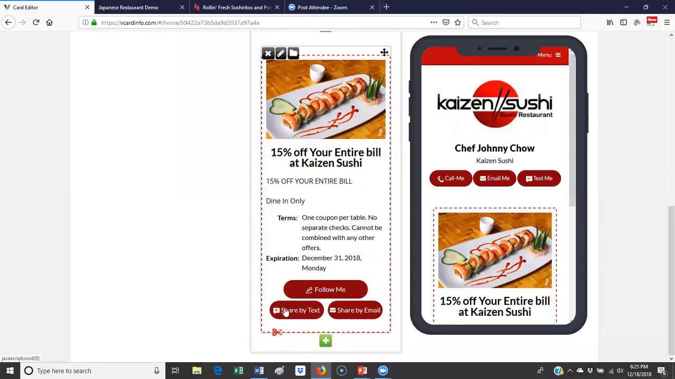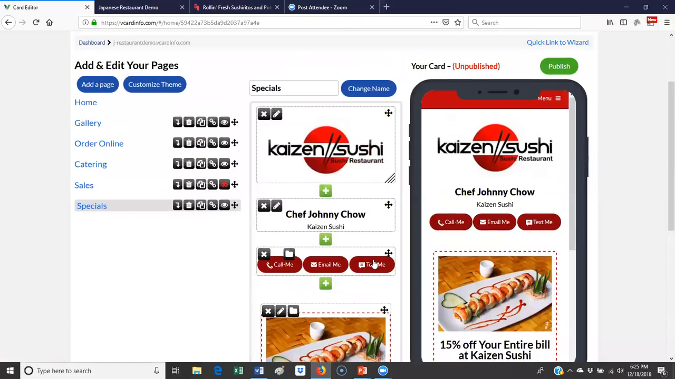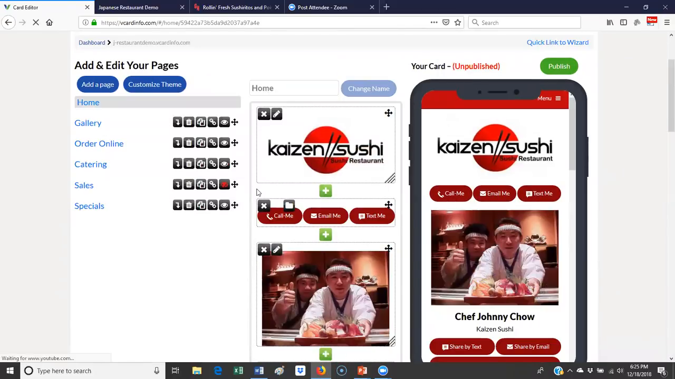Now we will track this coupon and say how many people have shared this coupon, how many people have emailed this coupon. Those are new analytics that we also have too, so you can track how well your coupons and your events are doing. The other thing I want to show you tonight too is something that people have been asking for